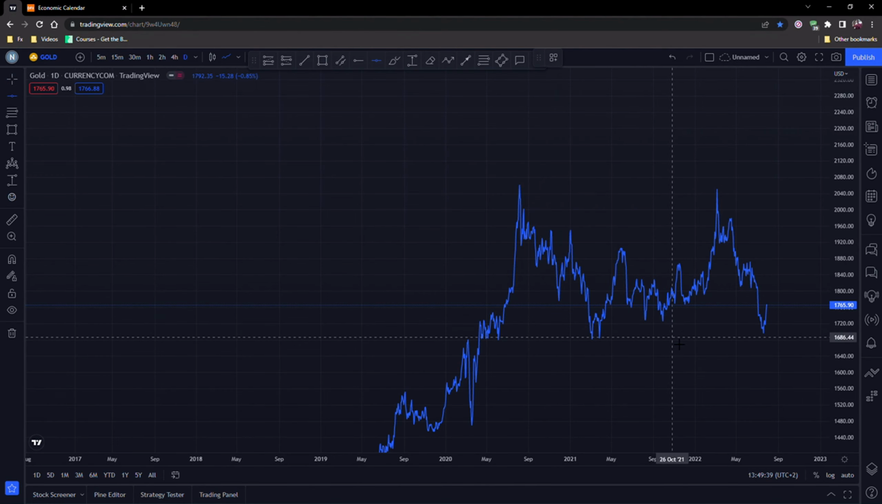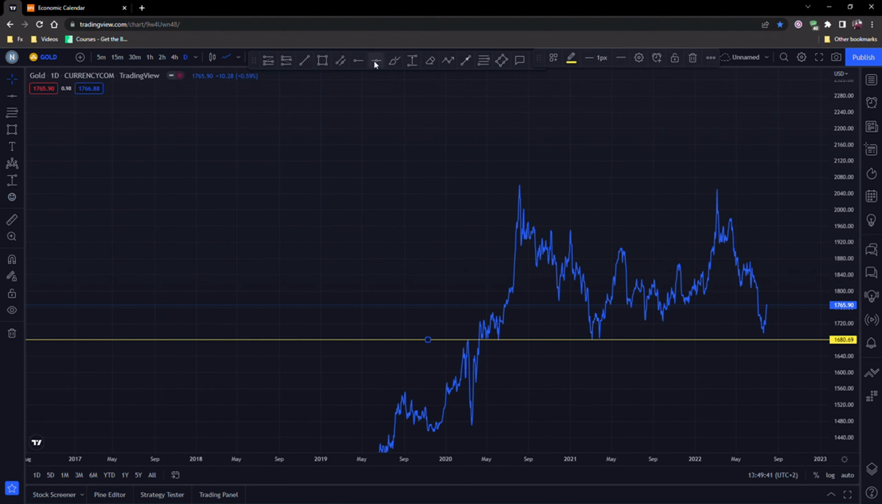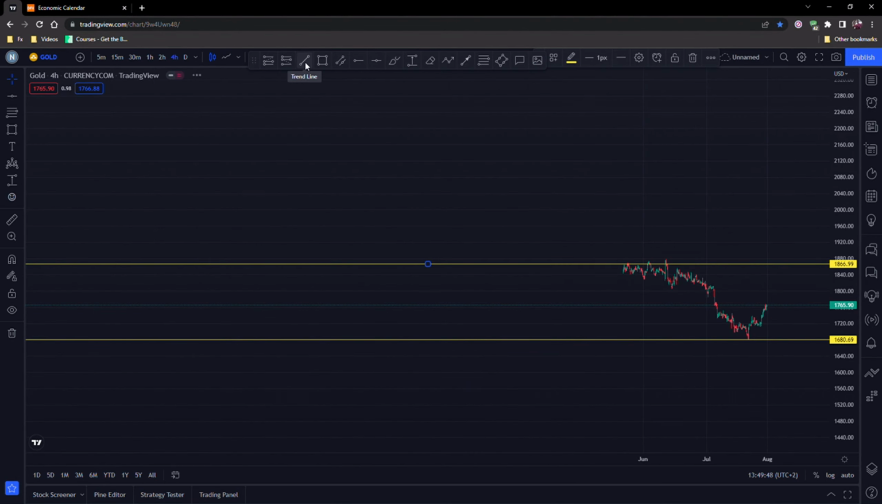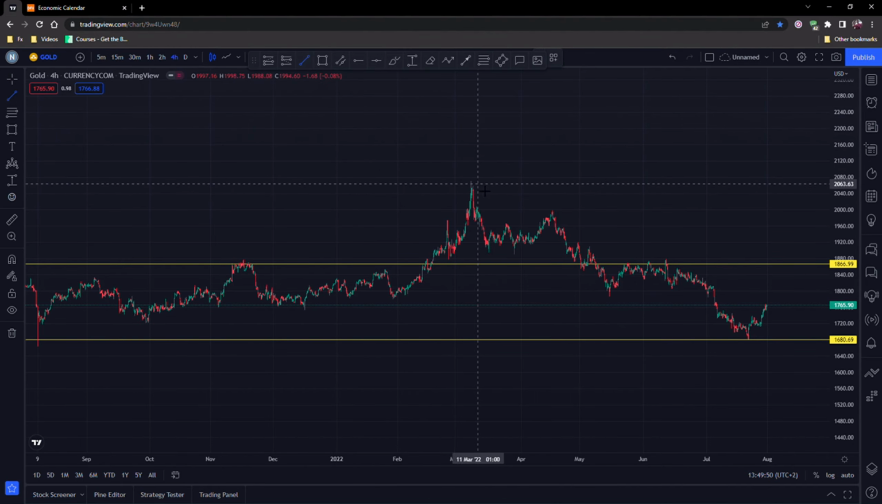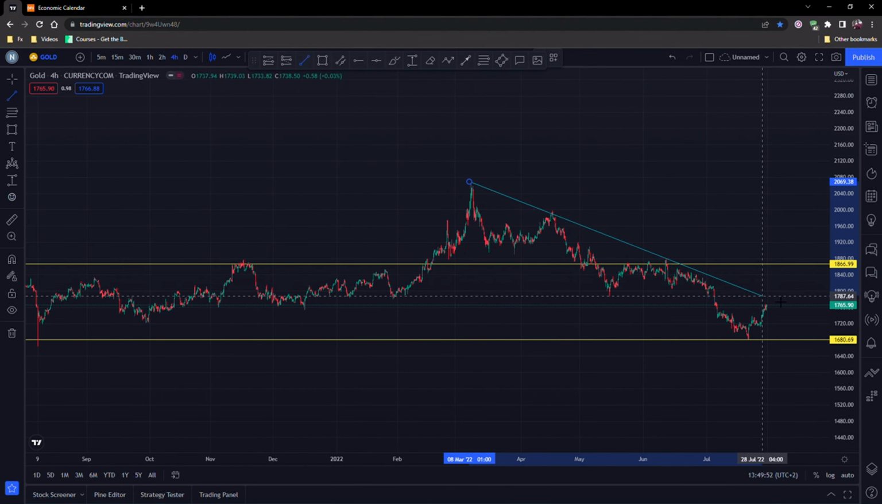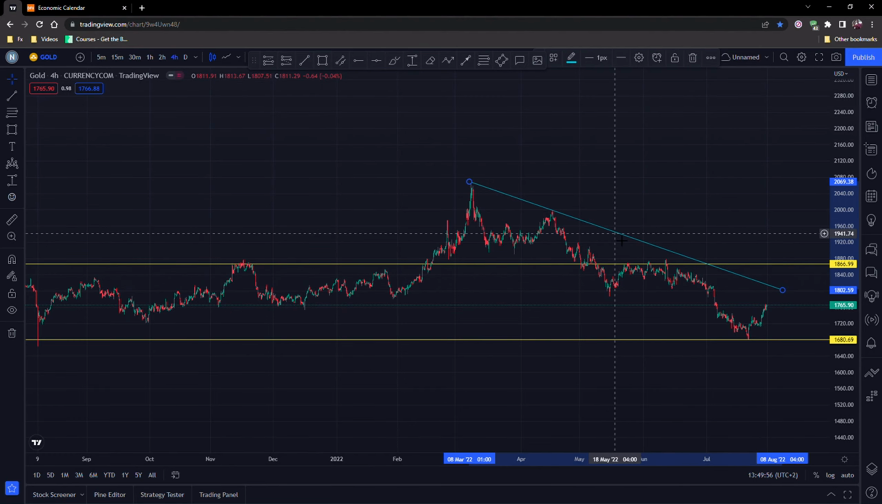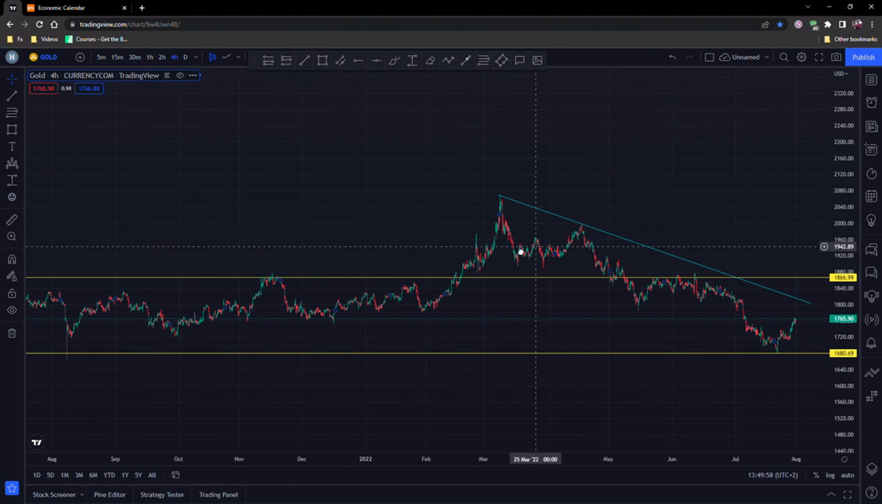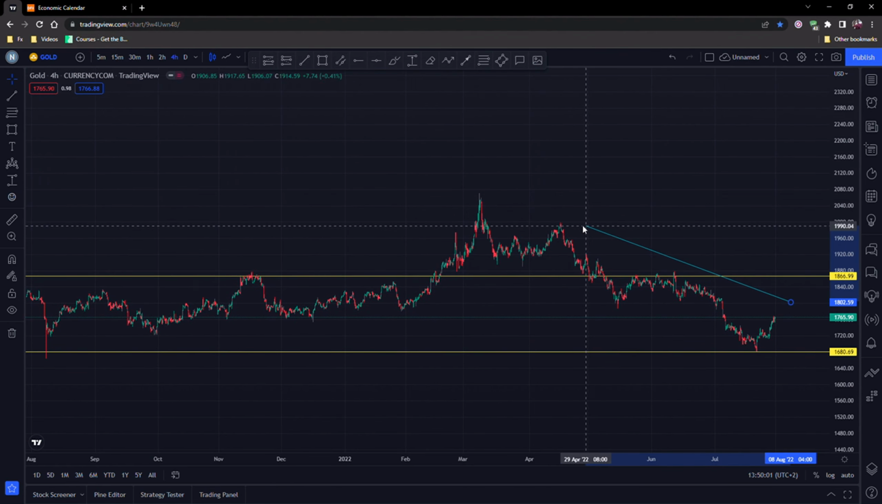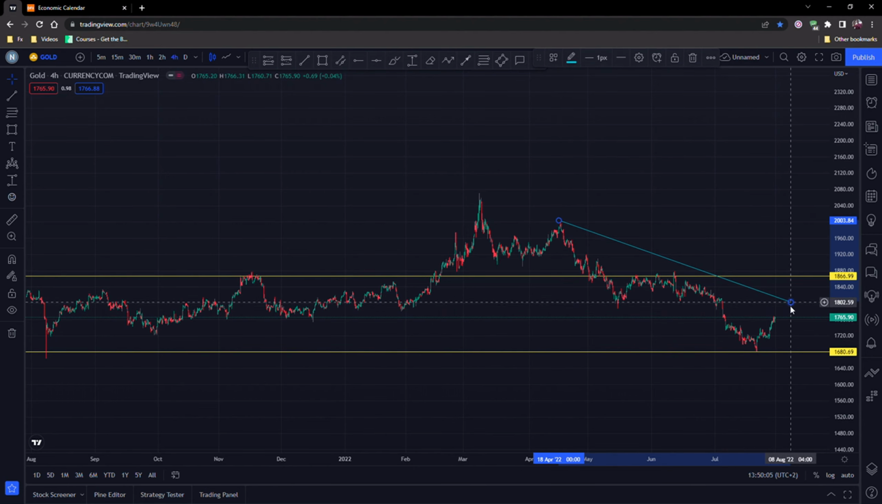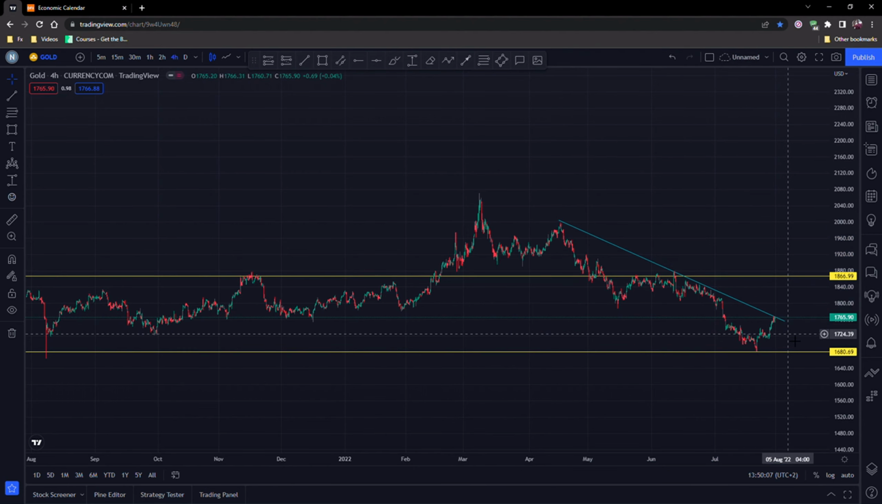On gold, we're going to plot our low, and we're going to plot our high, our line high. We are going to plot that right there. For now, let's plot it here. Let's cater for most touches. Let's plot it right there, and you can see that that can be